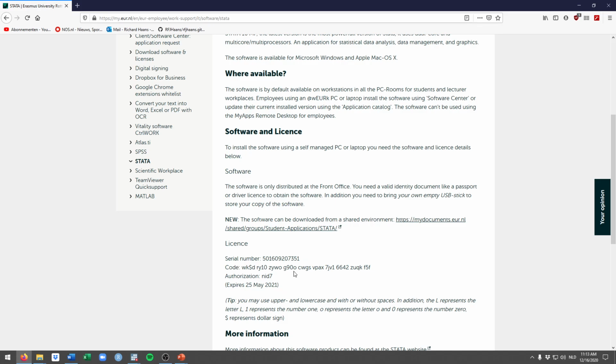Further down here you see some information that you would need to fill in the first time using Stata, being the licensing agreement that Erasmus has with Stata. So once you do this, you are able to install Stata and use it, at least for the foreseeable future, and the license you see here expires in May. It will extend automatically, I believe, when it expires.